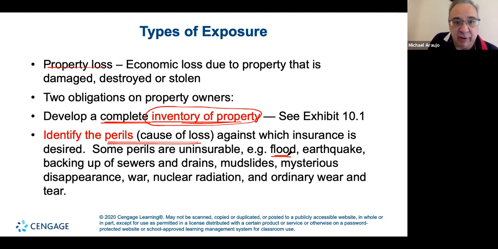So floods are never covered. Neither are earthquakes. Earthquakes are not covered at all. It's just impossible for a business to make money with these, and so they don't cover them. Believe it or not, when your sewer backs up, oftentimes that's not something that they can predict, so it's not covered. If there's a mudslide, if there's some mysterious things happening, in the case of war, radiation, I would imagine,